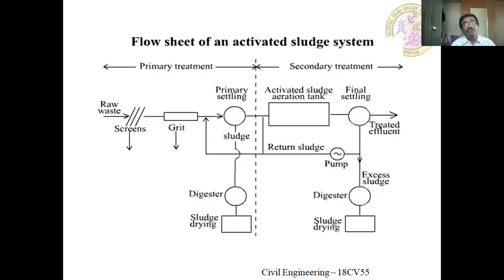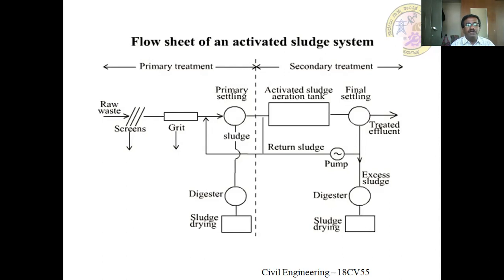For that, they may go for natural aeration or artificial aeration. By that, they supply the required amount of oxygen. That means the amount of oxygen required for the complete degradation of the organic matter by microbial activity is supplied in that particular tank only. Once the required oxygen is supplied, and also by the agitation, by the mixing of the microbes with the organic matter, the system is in a suspension system, or we maintain the mixed activated sludge in a suspension system.